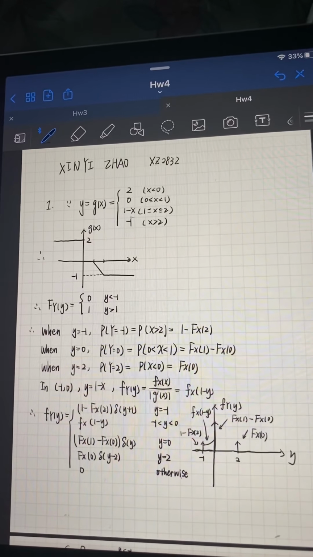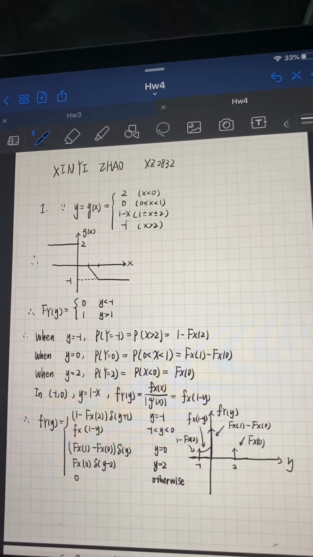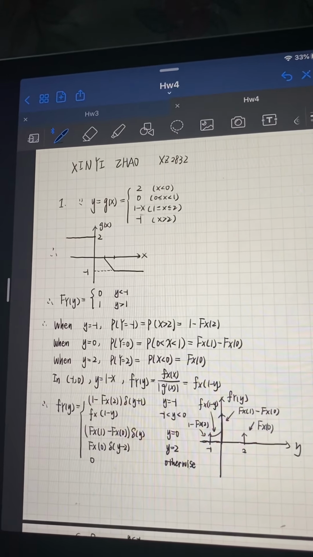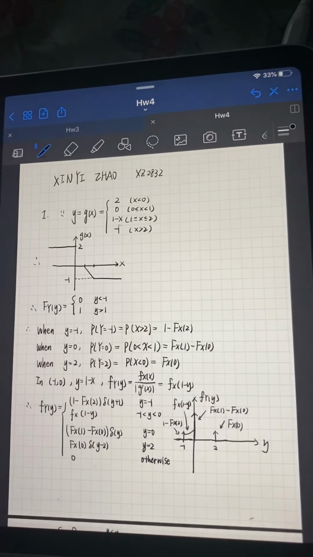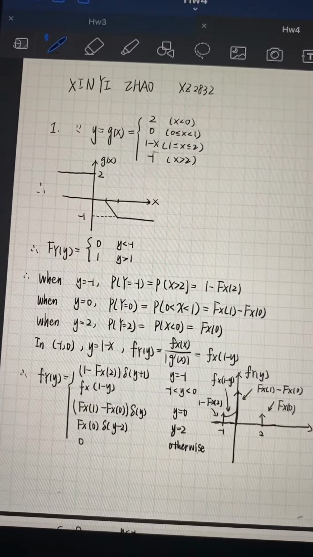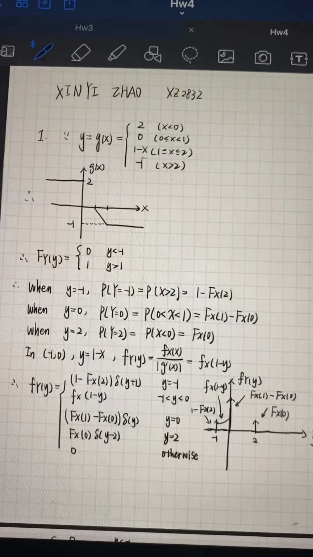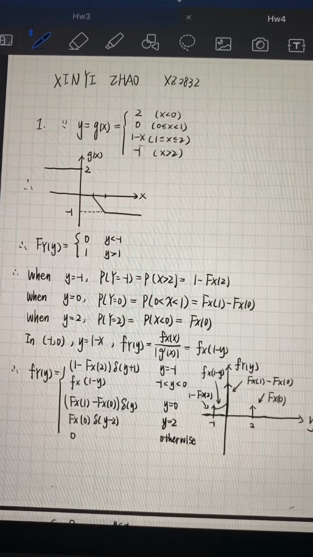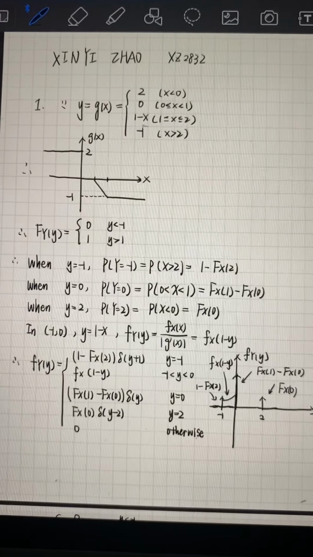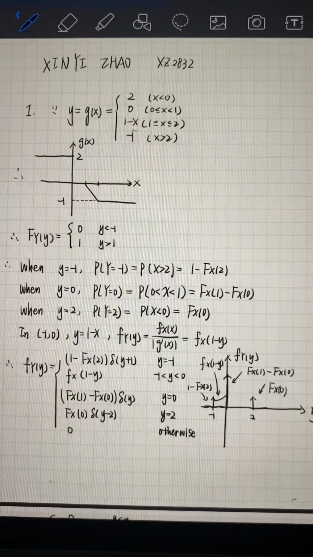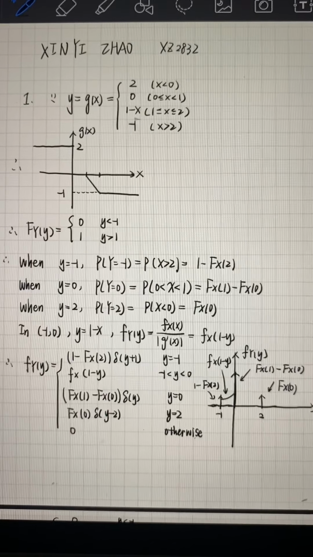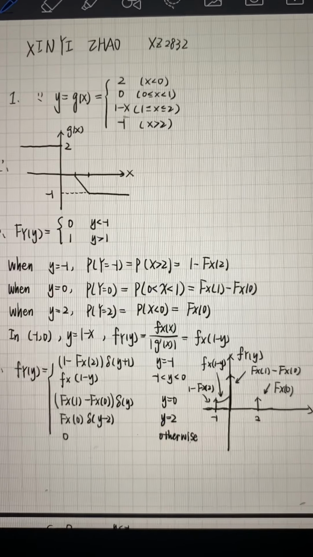So from this information, we can easily get the expression of lower fy. We can divide the expression into 5 different situations. That is, when y equals -1, it is 1 minus upper fx 2